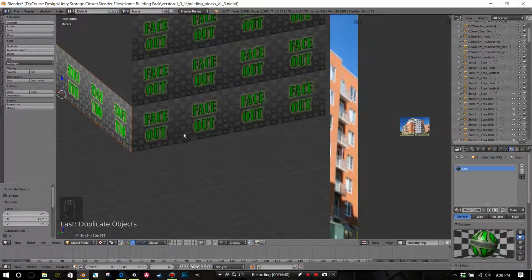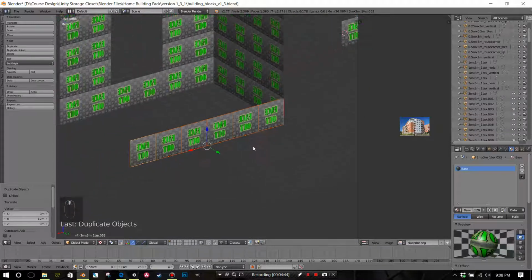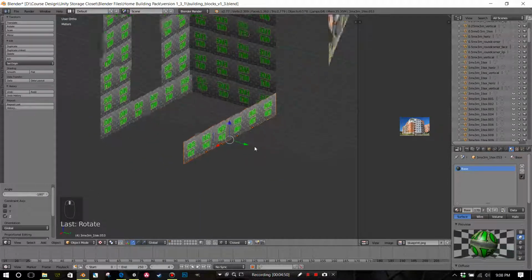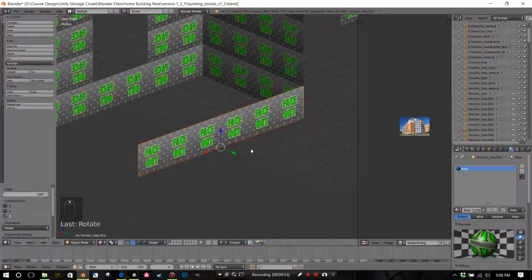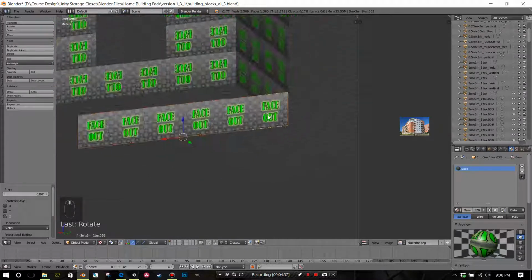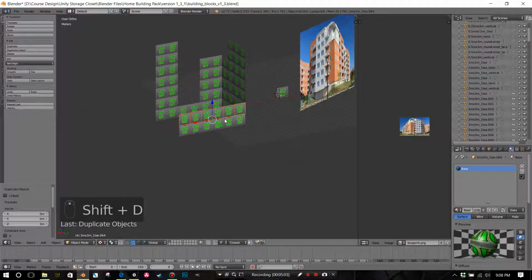And then you'll see here face out is read backwards. On these other, it's read correctly left to right. If it is backwards, it means it's not going to show in Unity. So you have to flip this around. So RZ 180. And so these are shaded on a single side, which means if you ever see face out read backwards, you know it's not going to show. So Shift D, Z3, Shift R it up,